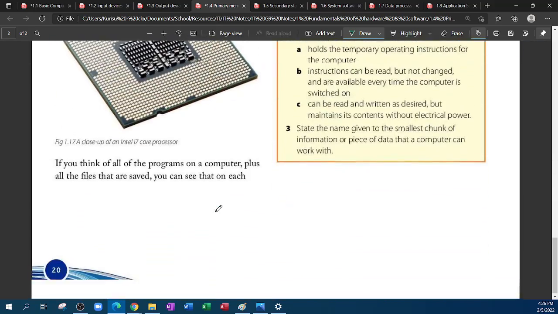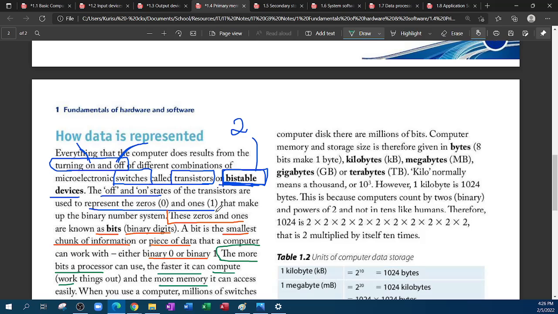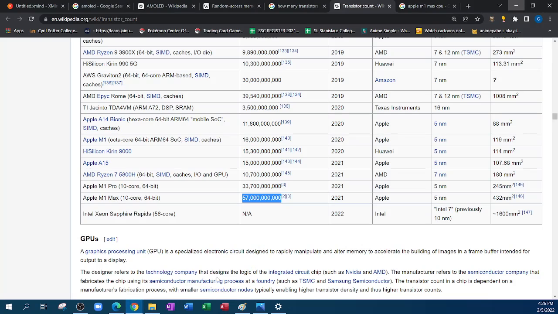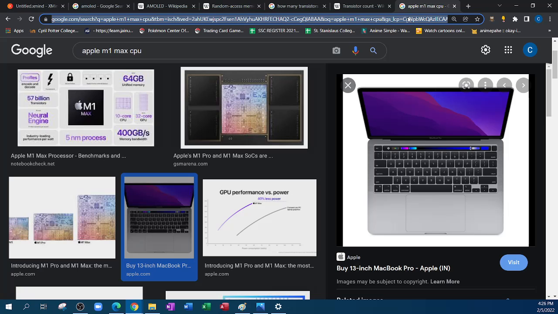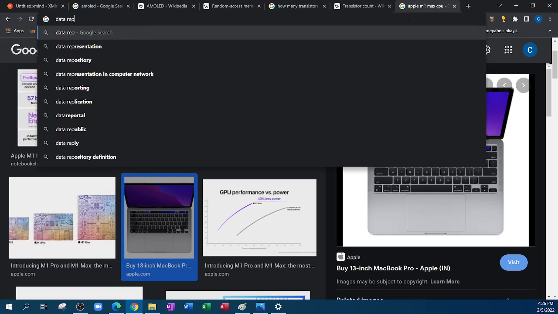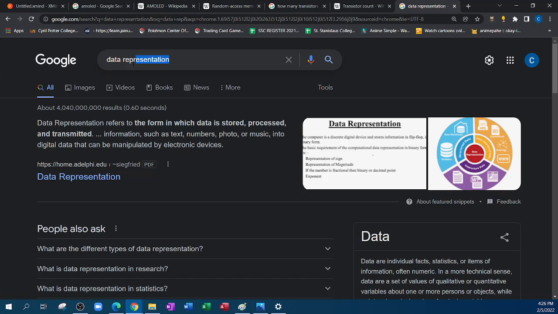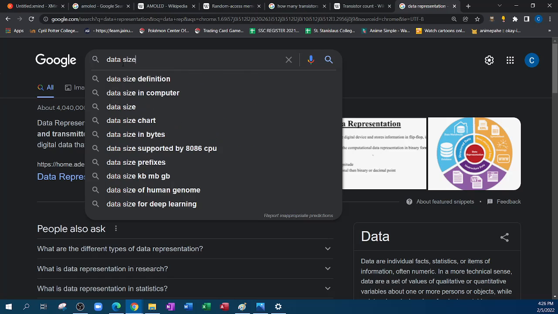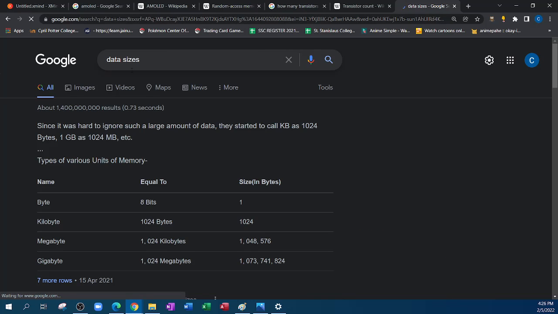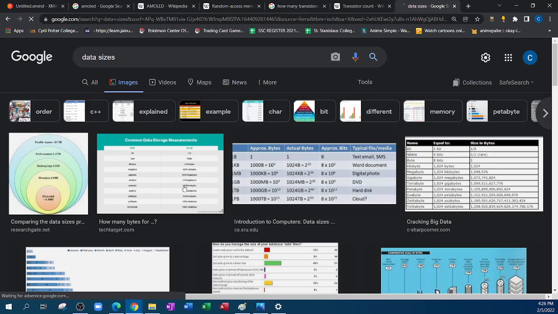So lastly, how do we represent data? It's better to use a table. Data representation, data sizes. It's better to use a table to understand